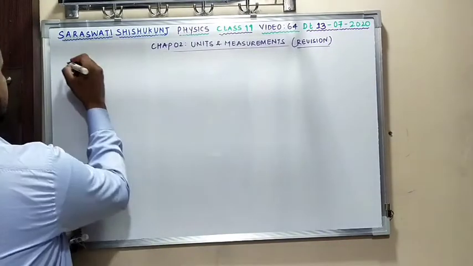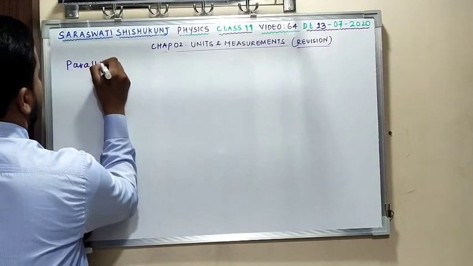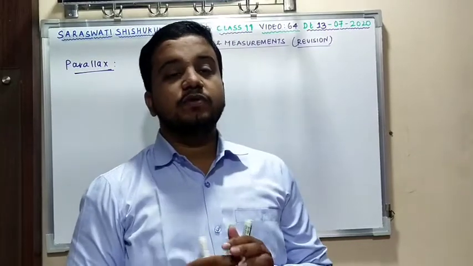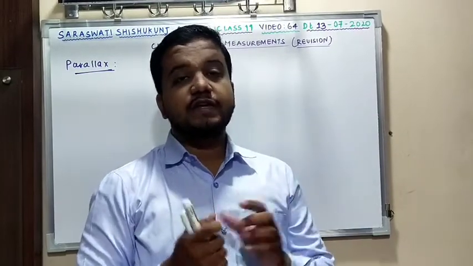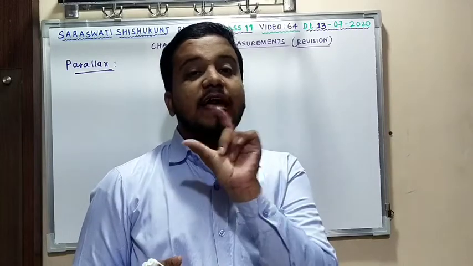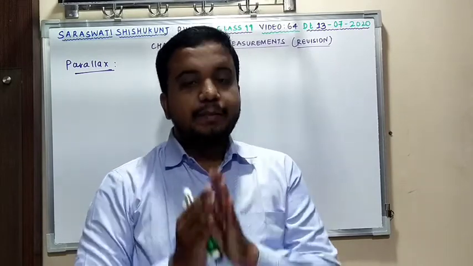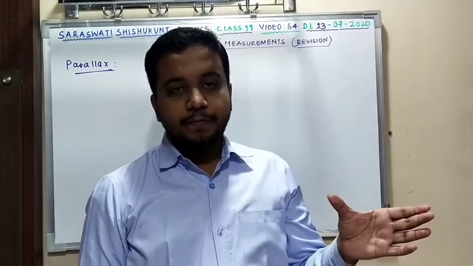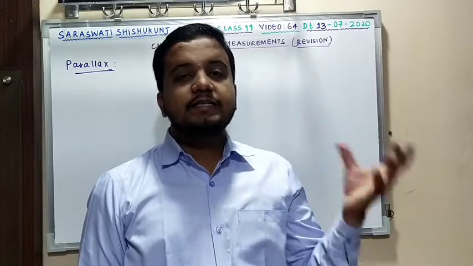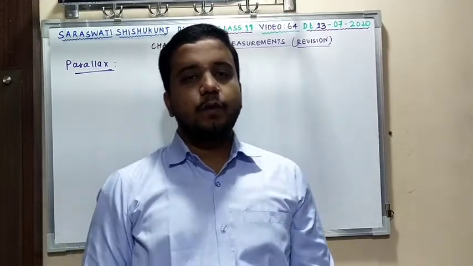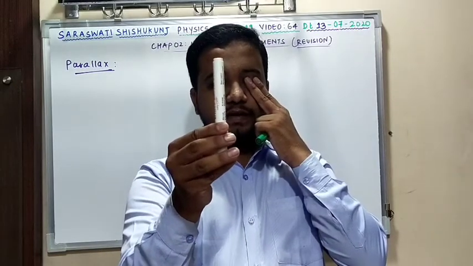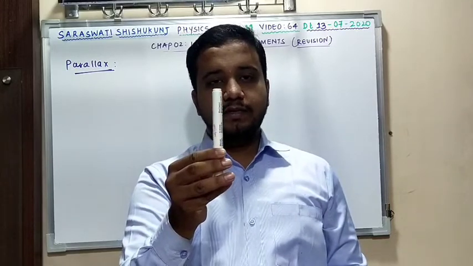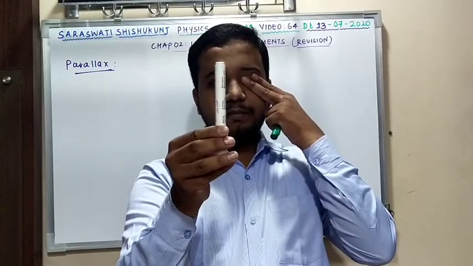Now we are going to discuss the topic, that is parallax. Parallax is nothing but the apparent shift in the position of an object with respect to another when we shift our eyes sidewise. Clear? Again I am repeating, parallax is the apparent shift in the position of an object when we shift our eyes sidewise. I can give you one simple example: if you are holding a pen in front of you, make sure that the pen is steady and does not change its position. Clear? First close both your eyes, or close the left eye and try to visualize the pen with your right eye.